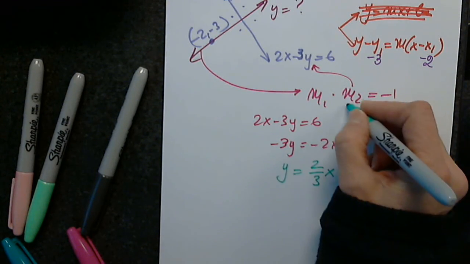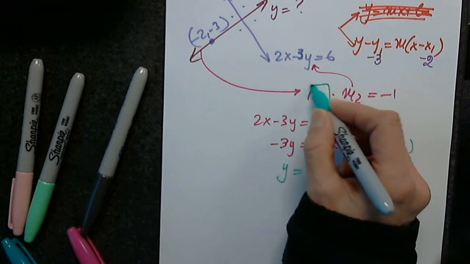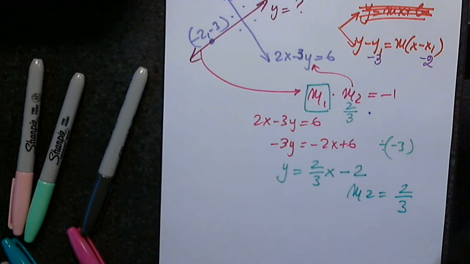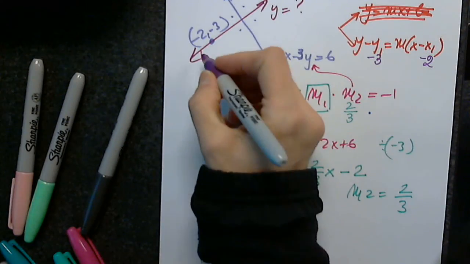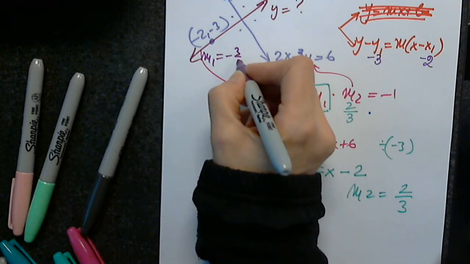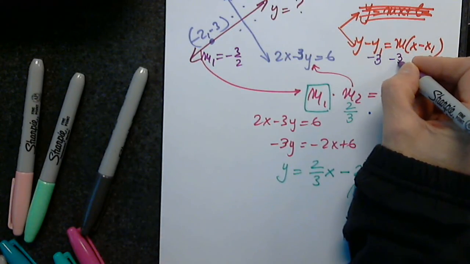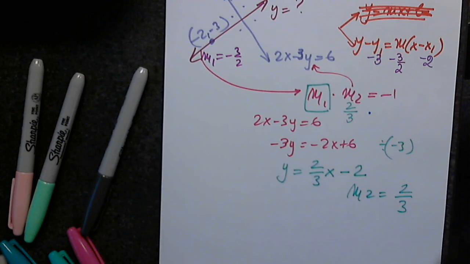Very good. If this is 2 over 3, how much should be the slope of the line that I'm looking for? So that the product is -1. Very good. So then M1 is indeed -3 over 2. So this is -3 over 2. So please plug it in. Allow me to run down